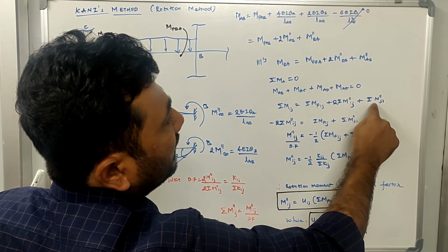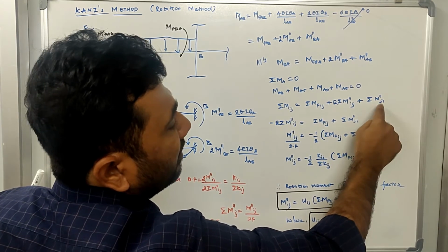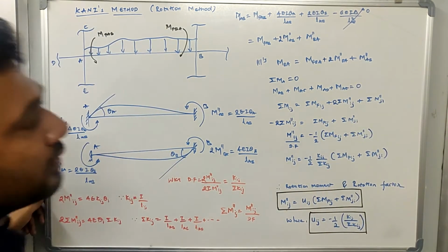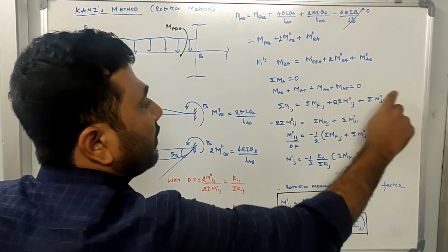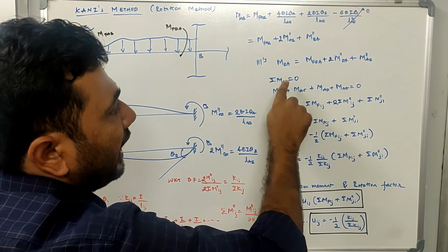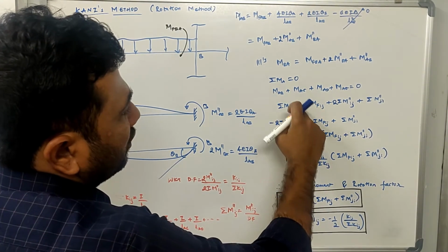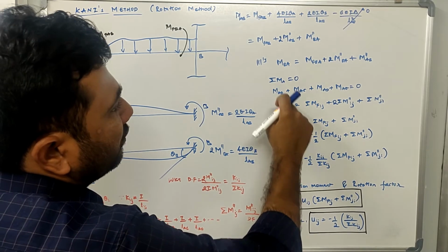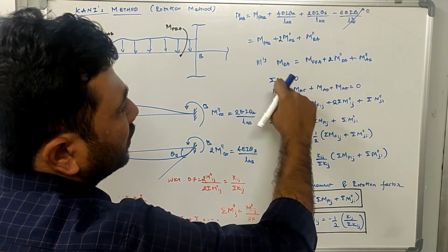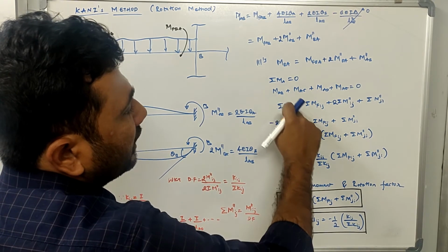These are representing m double dash ba, m double dash ca, m double dash ea, m double dash da, that kind of thing. Okay, so this becomes the equation for summation of fixed end moments at any given joint. Once we have solved this, what is the summation of all the moments at any given joint? We already know the summation of all the moments at joint A should be equal to 0. So that's why I can write this, equating it to 0.